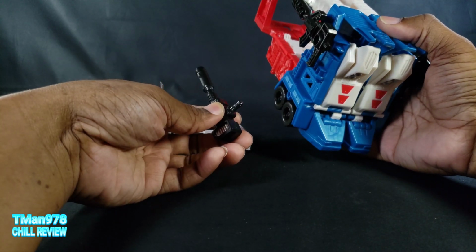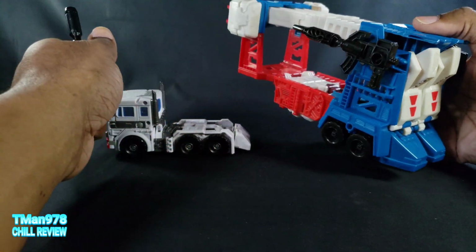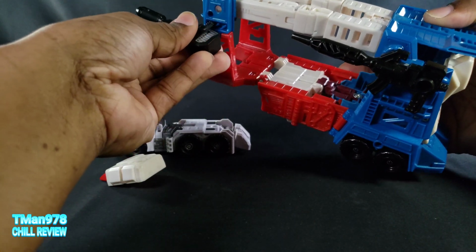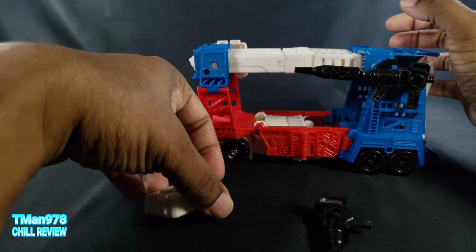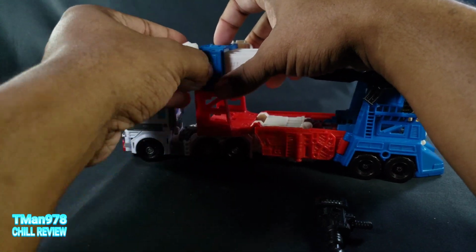This peg is a little bit smaller than 5mm, so I was not shocked about that. And let's see about this right here. Yeah, it is very loose. If you want to see any other type of functionality as far as the car carrier part,